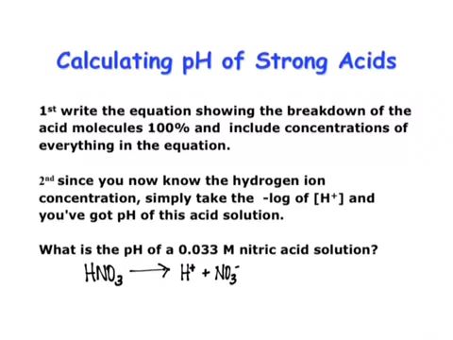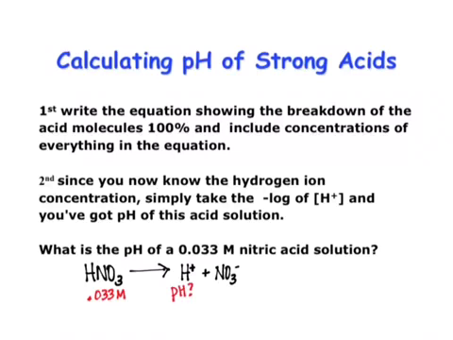So this is where writing this is going to help you in the long run. Because now I tell you that you have a solution of nitric acid that's 0.033 molar. So that means this is 0.033 molar. pH is based off of what? This, or this? The H. So I need to find what the pH is